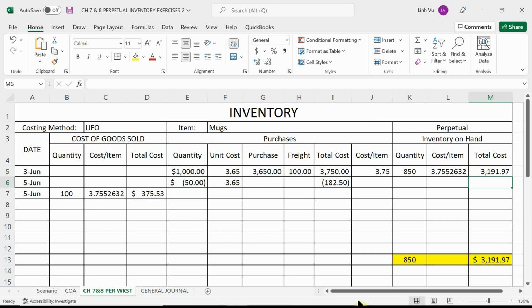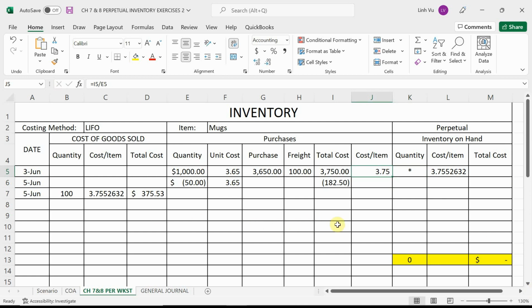Okay. So in this case, I'm at 850 because I sold 100 of $375.53 worth. I have now decreased my total cost to $3,191.97. Now again, if you choose to do it this way, where you are more comfortable leaving that formula in there, where my quantity times my